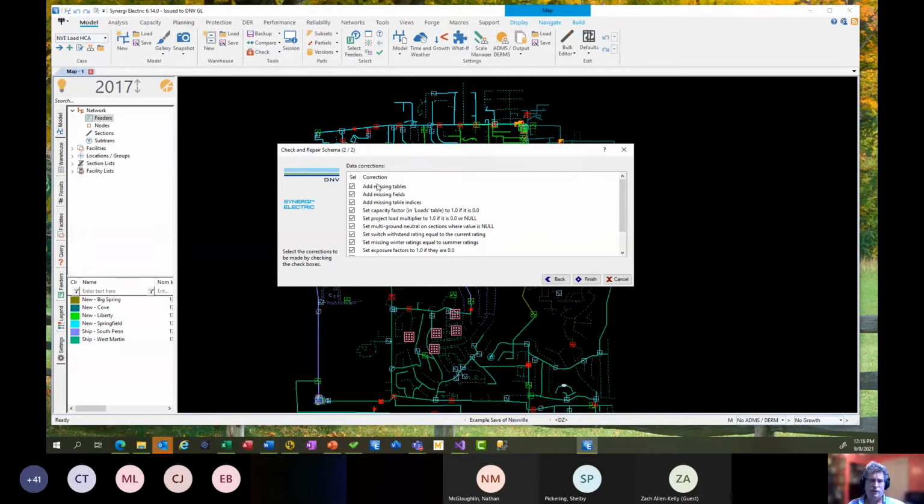And you can see a whole bunch of things here. It's going to add missing tables and fields, which is what we want. And then there's some other stuff. You should just be able to take everything checked. It's stuff that all of these things are